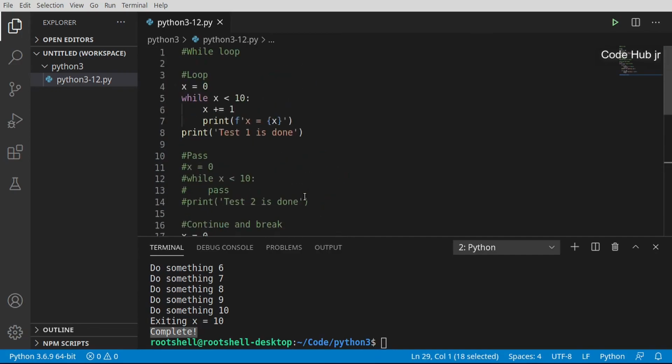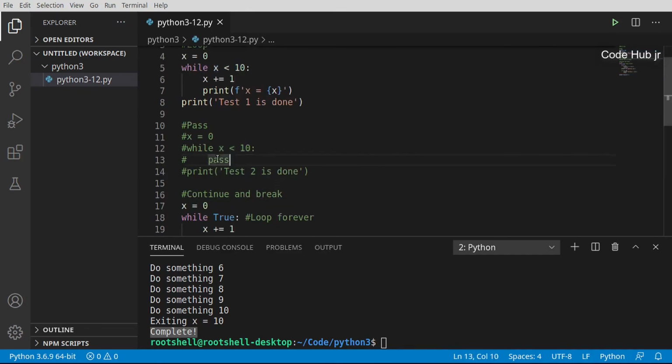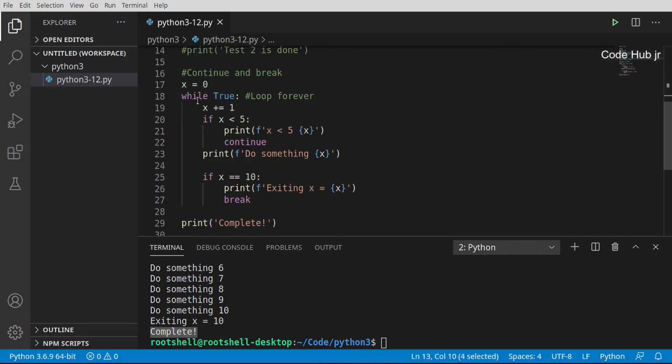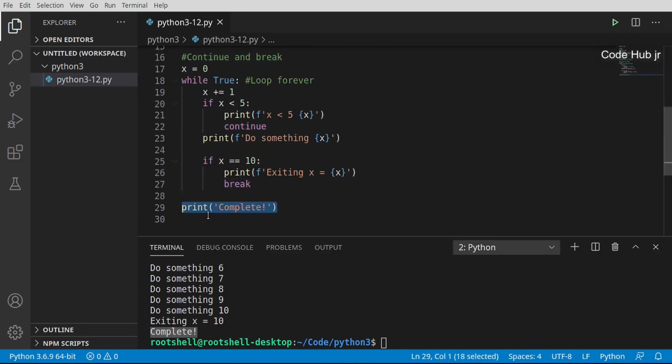Some major takeaways from this video: loops are very, very powerful, but you need to have some sort of condition to evaluate. Otherwise, you're going to create an infinite loop. An easy way to create an infinite loop is simply pass, and it will loop forever. And you can say while True, which will also create an infinite loop, but you can use continue to continue the flow inside of the loop, or break to break out of that flow and use the programming logic.